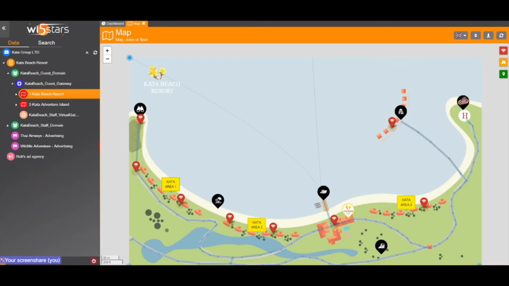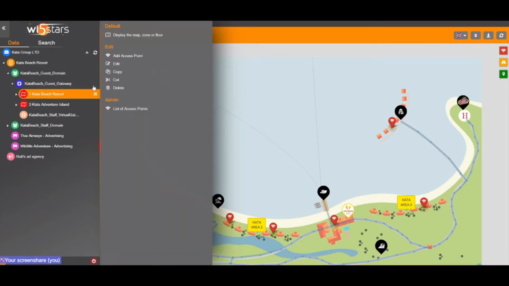So this map was entirely made from the Hotspot Manager. What you can do is upload a background map and then add your points of interest or routes, like in this case, or just the access points. All these elements that you can see here, you can manage and add by your own. In order to do this, what you need to do is simply click in here on the